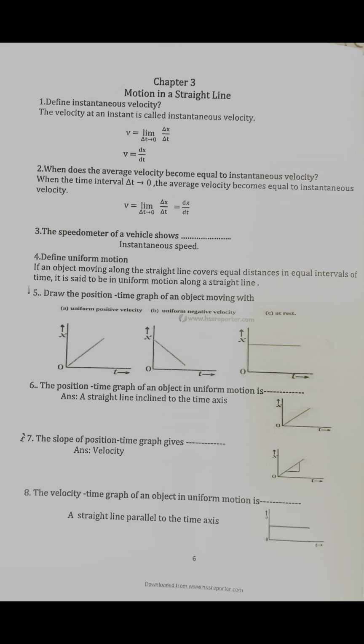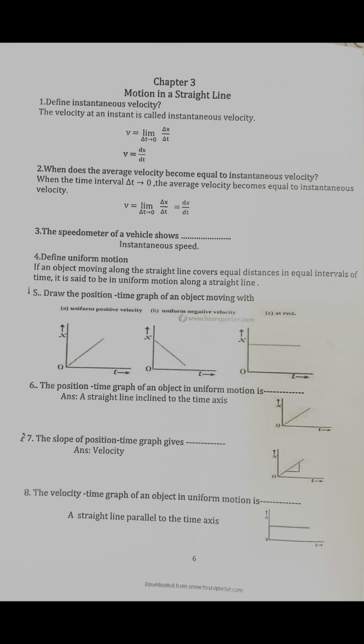Now we define uniform motion. If an object moving along a straight line covers equal distance in equal intervals of time. What is it saying? Suppose an object is moving, and it covers equal distance in equal intervals of time. Suppose a car or bike or any other vehicle is traveling and keeping a discipline. For example,